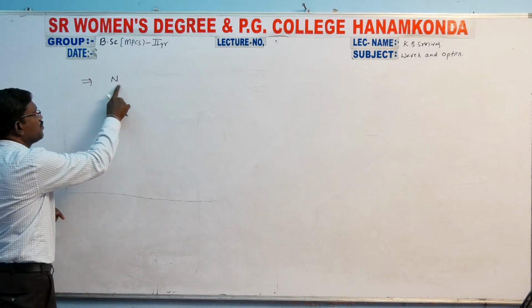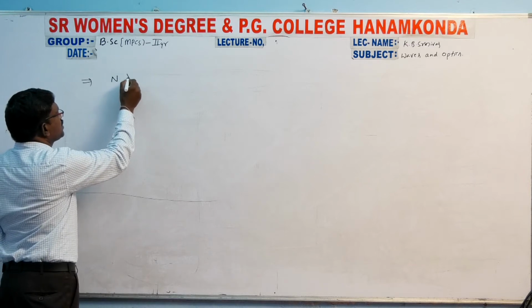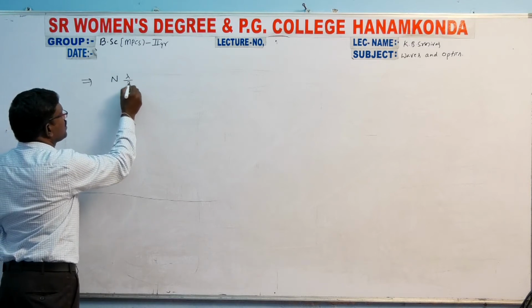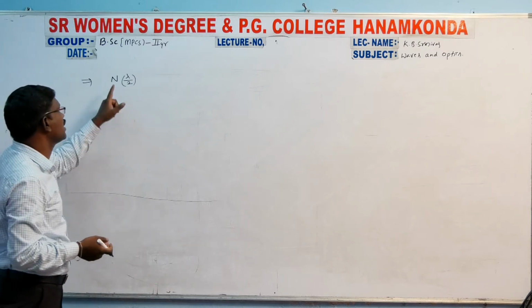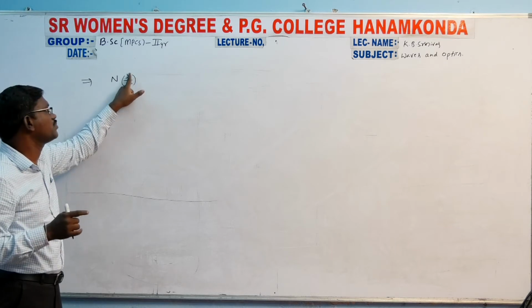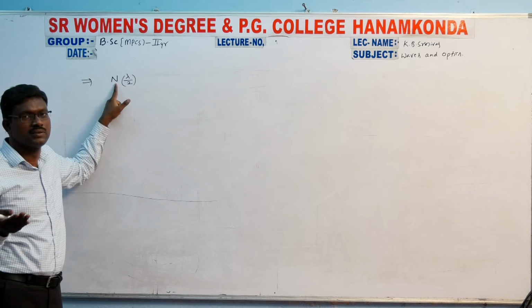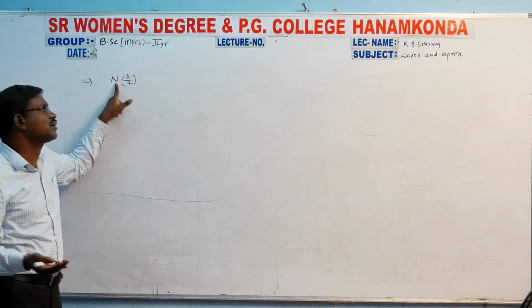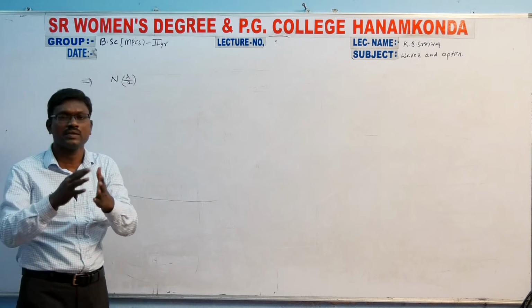So N is the number of fringes crossing the center of the field of view. What is the total distance traveled by the M1 mirror? That is N into lambda by 2. For each fringe, how much distance are we moving? Lambda by 2. For N fringes, the displacement of the M1 mirror will be N into lambda by 2.